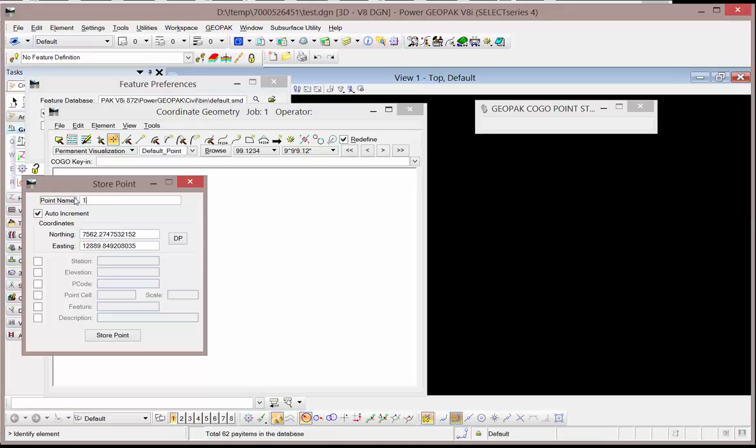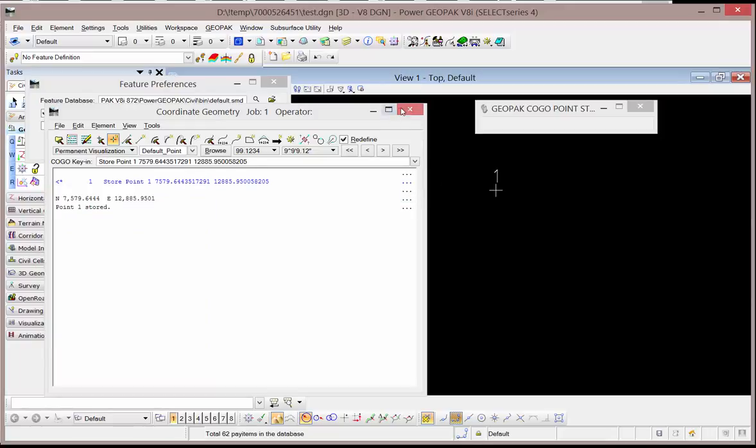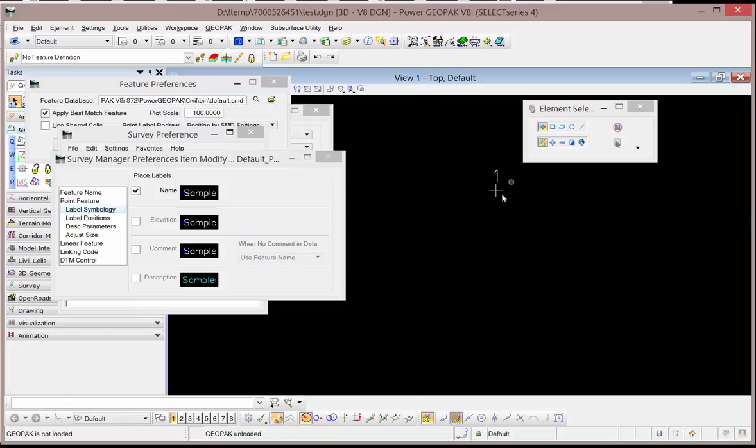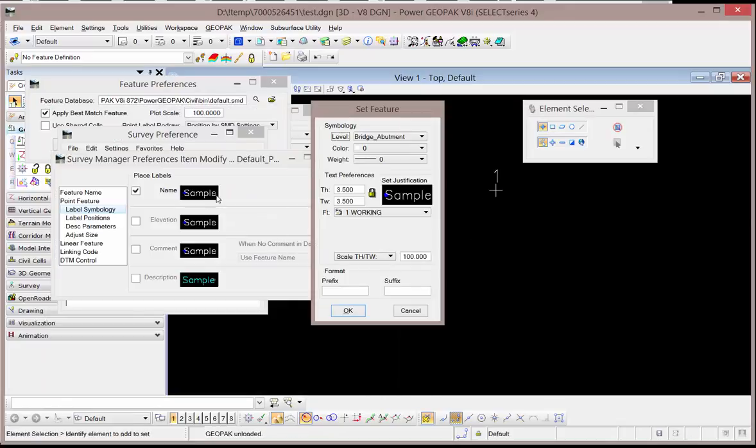I'm going to store point number one and select the data point somewhere here and hit store point. And we see the point shows up with the locator and the point number. So if I change that and I go here and I change the color, for example, to green,